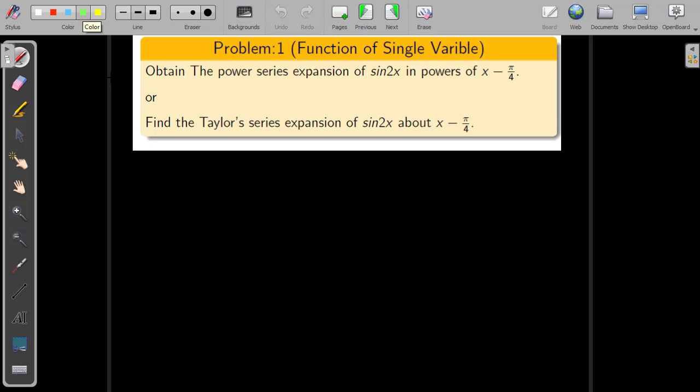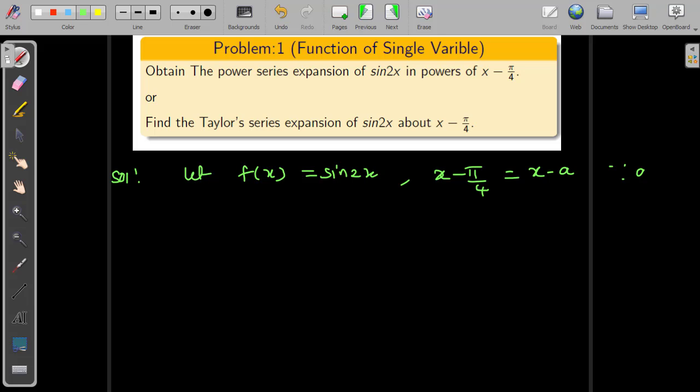Suppose the given function is, let f of x equal to sine 2x, a function of single variable. You have been given that we need to express it in powers of x minus pi by 4, which means you can compare with x minus a. Since here a equal to pi by 4,